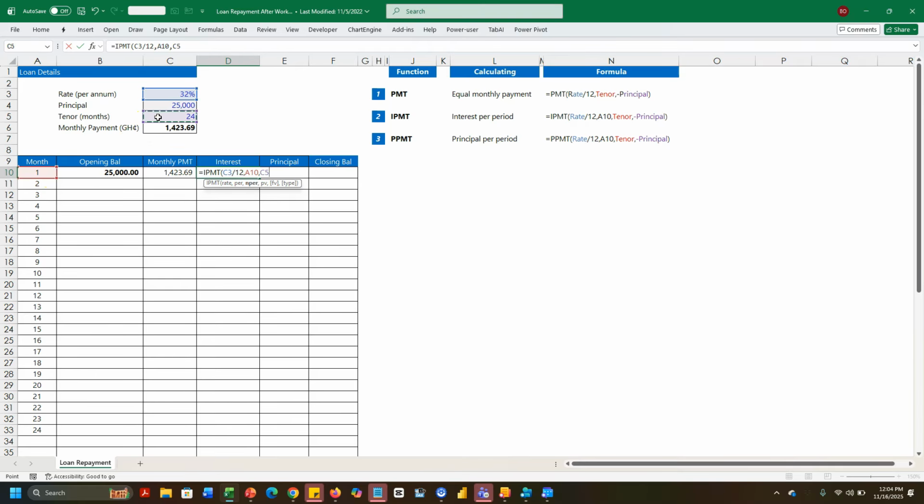This is going to be fixed, so I'll lock this F4. And our PV is going to be 25,000. Again, I'll lock this. We want to copy this down, right? That's why we've locked all the references to the top. We have to lock this one as well, the rates. Okay, so we'll close our bracket and we will copy this formula because it's going to be similar to the